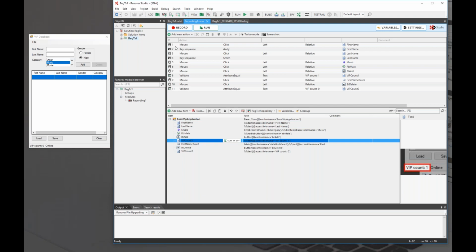But I do this once and then I need to change something. So what am I supposed to do now? Am I supposed to re-record all my steps again and lose all the work that I did before? No, definitely not. So what you can do, you can create new actions by